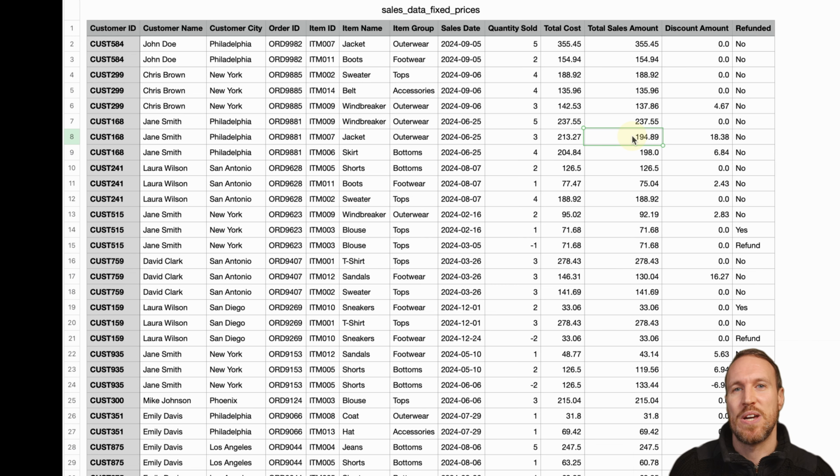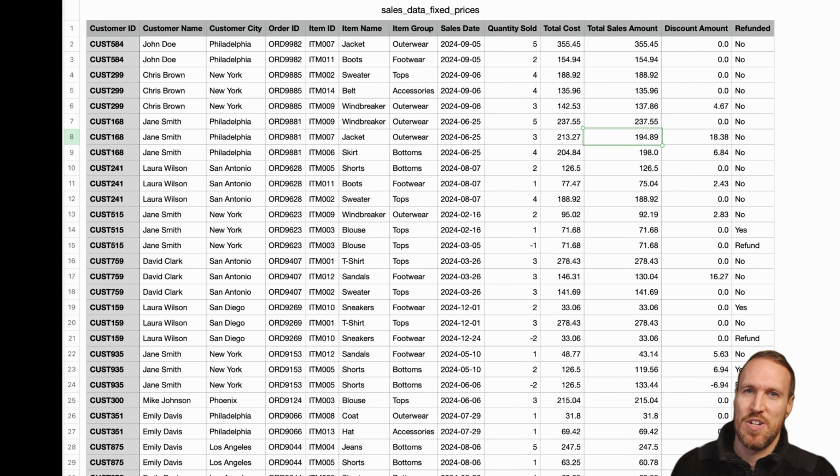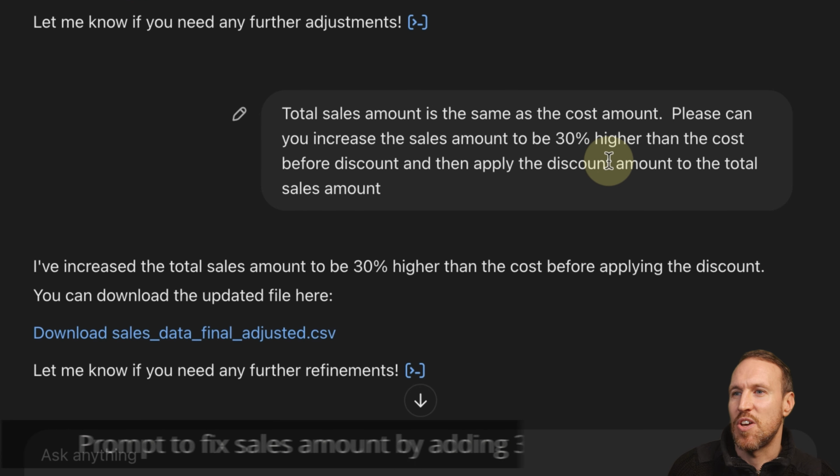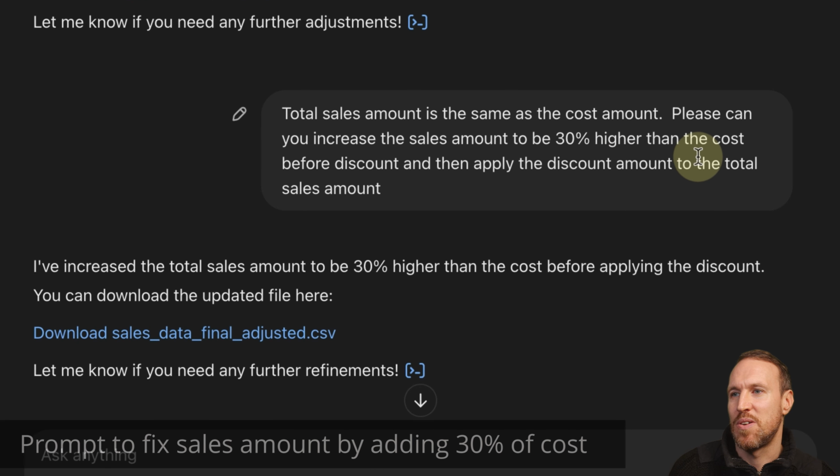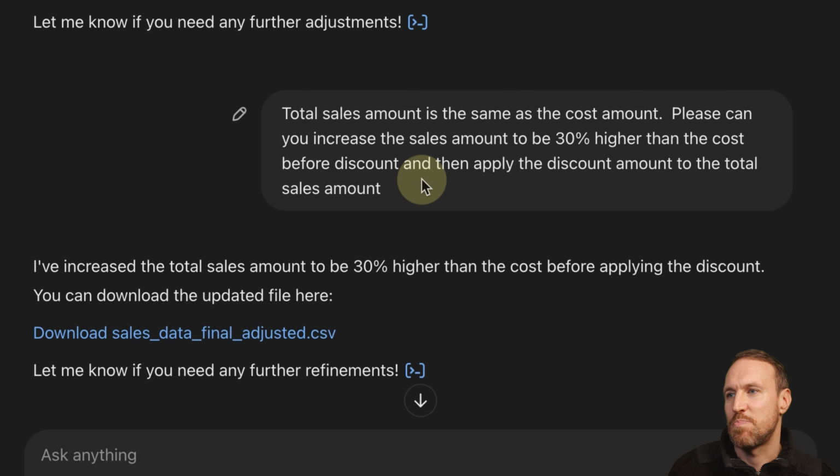So what I want to be able to do is just go, can you add on 30% to the cost amount? So please, can you increase the sales amount to be 30% higher than the cost before discount, and then apply the discount amount to the total sales amount. And that will give us a total that is 30% higher. And then some of the total sales will be less than 30% because a discount's been applied. But it means we can work with something there and then have something to work with when it comes to